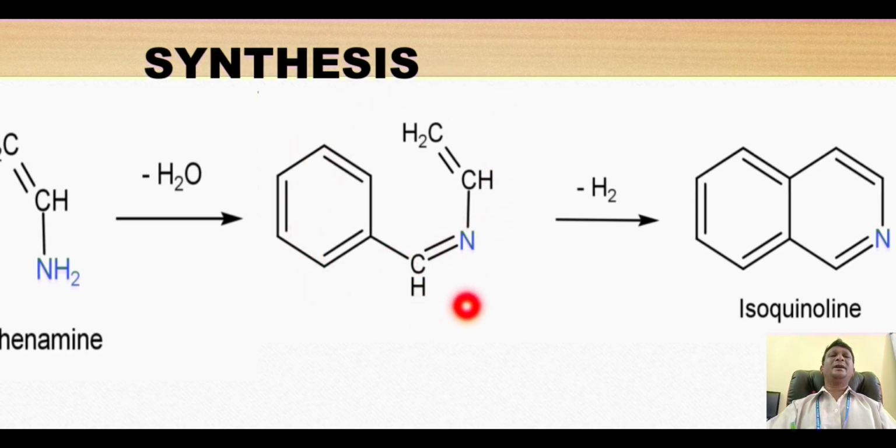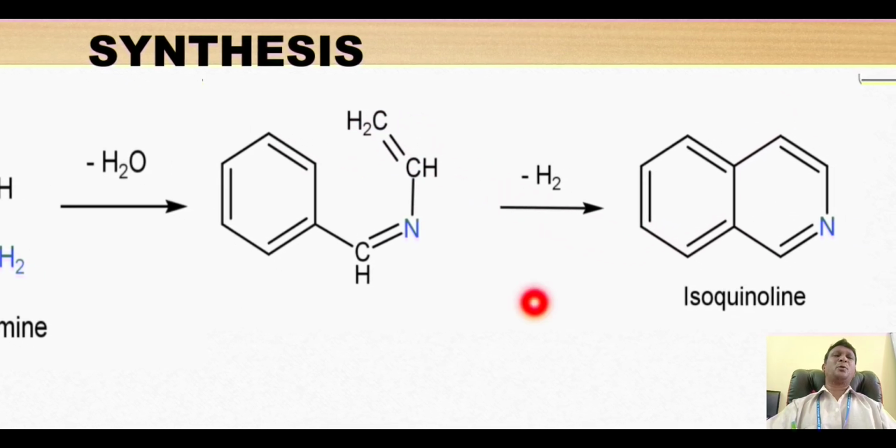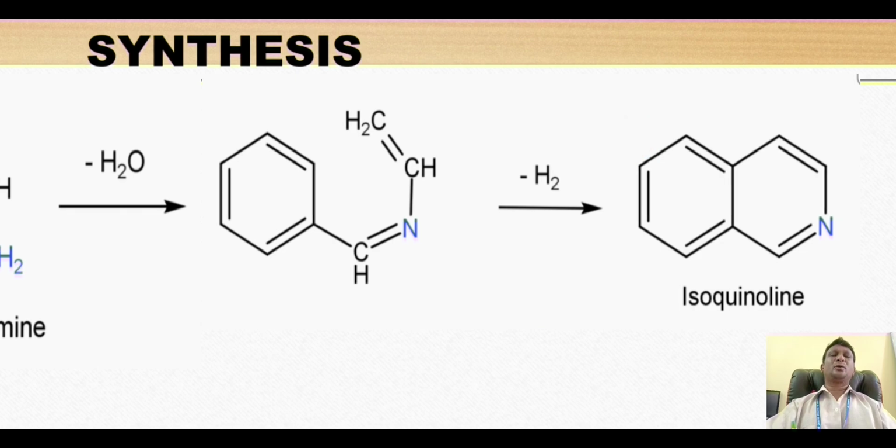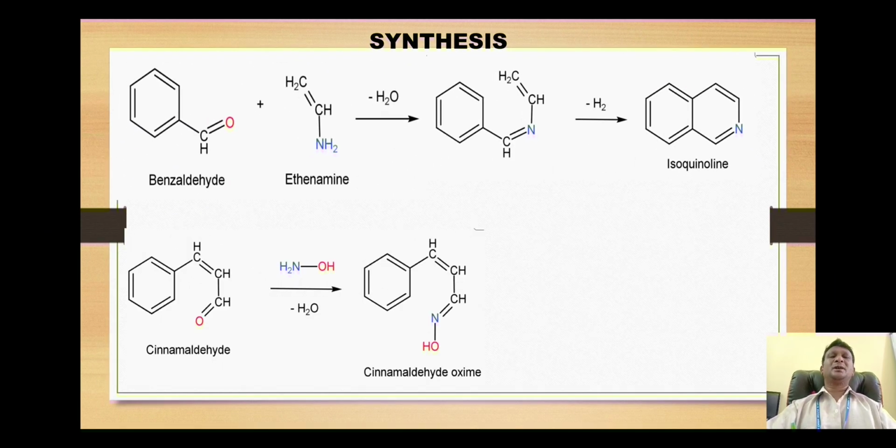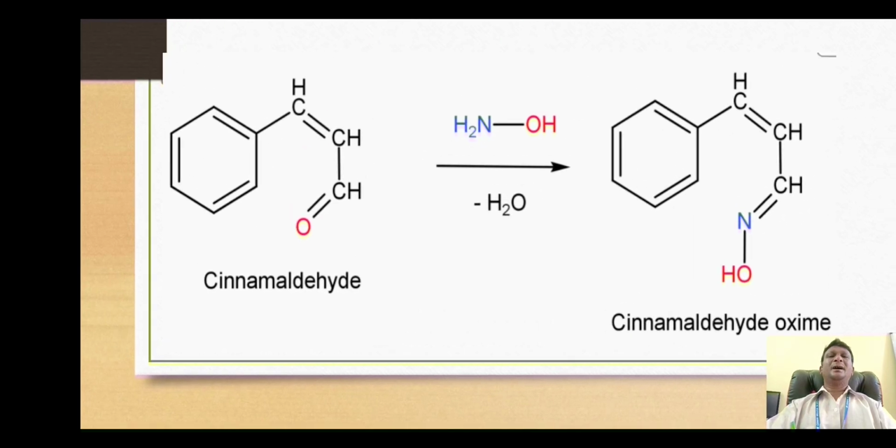When this compound is heated, this alpha hydrogen on this benzene ring and one of the hydrogens on this carbon will make up a hydrogen molecule, which being gas will be liberated out from here, and thus we have a bond between this carbon of this benzene ring and this carbon to give us this cyclized product, which we will call isoquinoline.